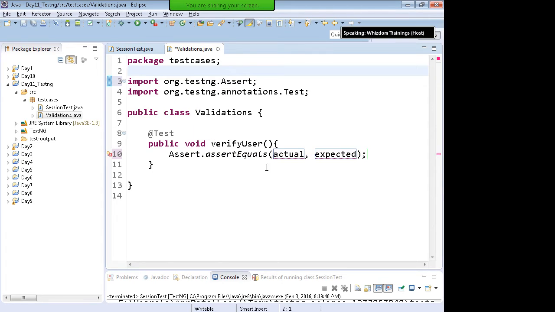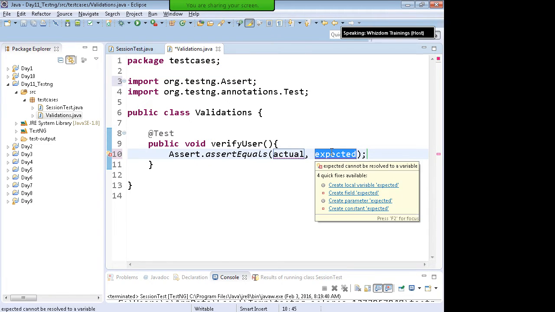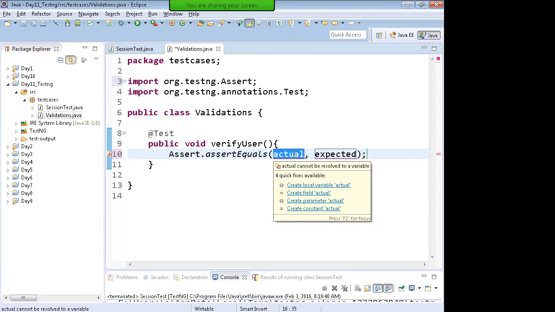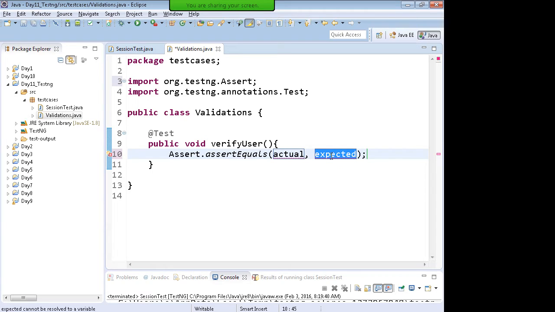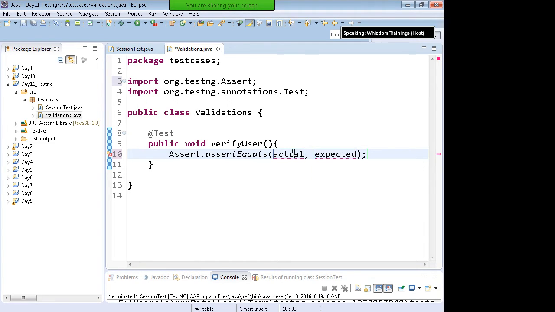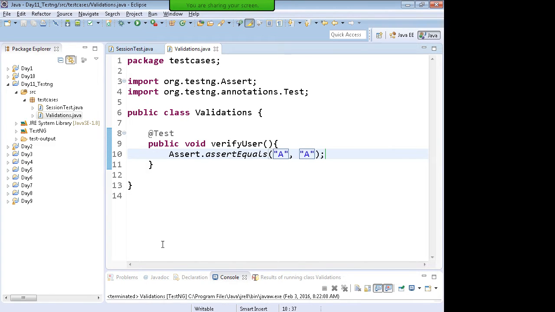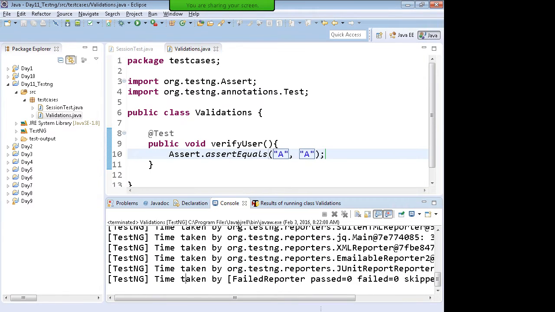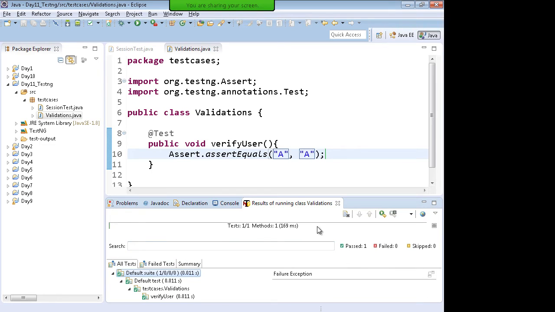Okay, so you compare the actual and expected value over here. The actual value is the one which will come from your application with the help of Selenium, right? Expected value will be kept later on in the Excel file, right? So suppose I write a dummy value over here, and expected and actual are both A and A,